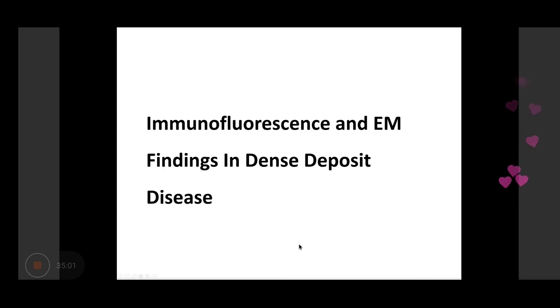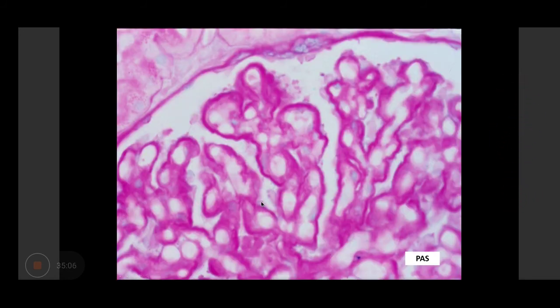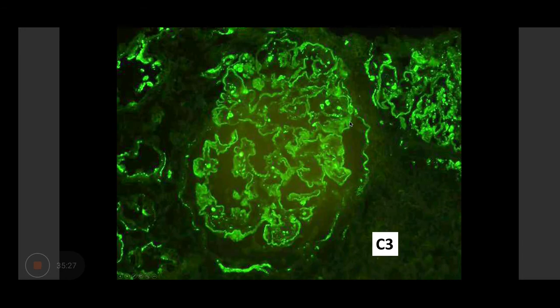Now, what are the immunofluorescence and EM findings in dense deposit disease? This is the dense deposit disease, as the word suggests. There is a deposition of a dense material in the substance of the basement membrane, which can also be seen on PAS. This is a PAS slide of a case of dense deposit disease at 100x magnification, which is why you can see the basement membrane so clearly. On IF, you can see that again there are very strong C3 deposits, but these will be present along